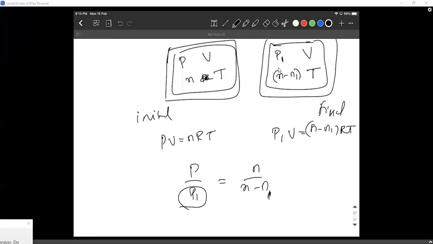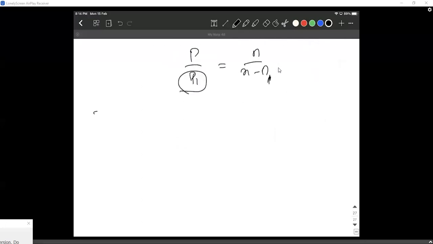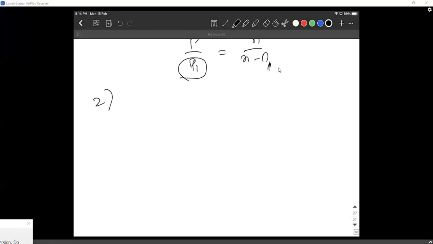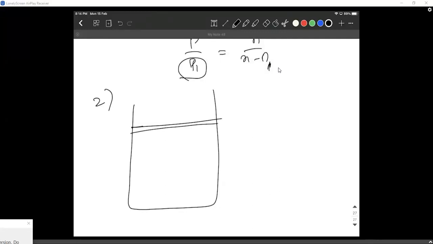Questions are put in different styles; they are not always the same way. Let me form a question. Why don't you give it a try and let me know the answer. So how do I frame a question? Let me try this. Question number 2. I'm just randomly framing it, and I'm not sure if I can get the question right. There is this container which is closed. It has a free, frictionless piston.